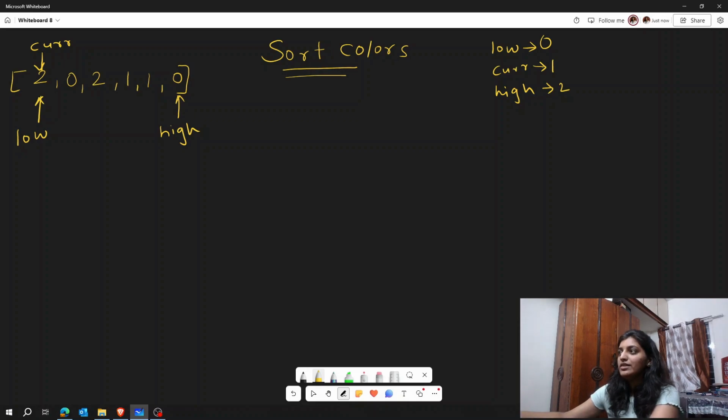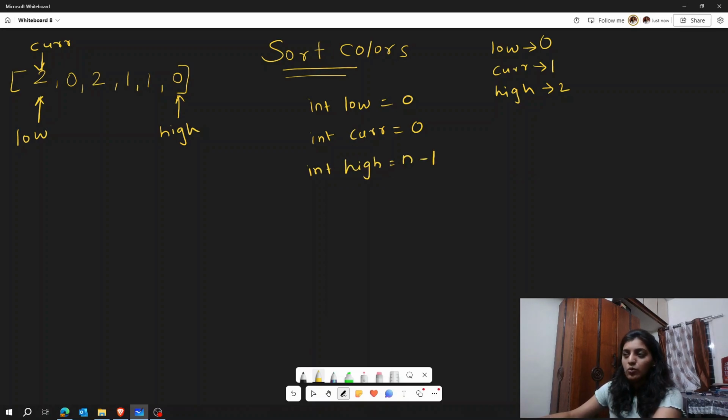We initialize low to 0. The current pointer will also initially point at the start of the array, so current will also be 0. And my high will be the end of the array, that is n minus 1, where n is the size of the array. So this is the initialization we have to do initially.